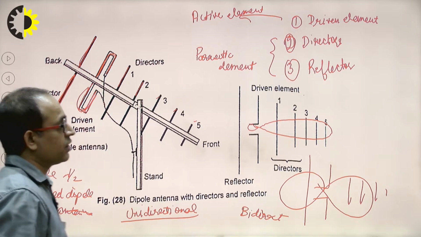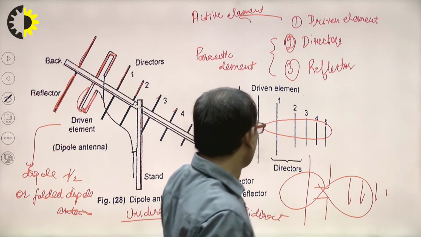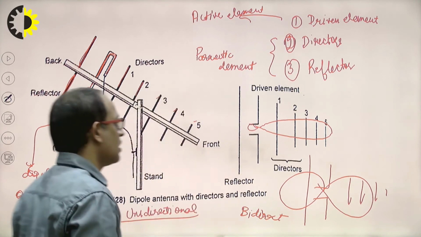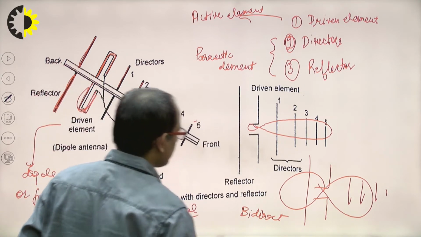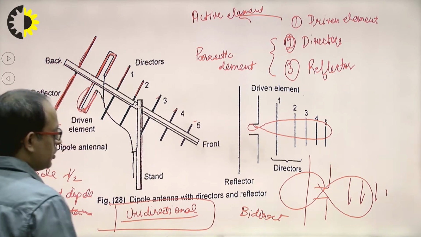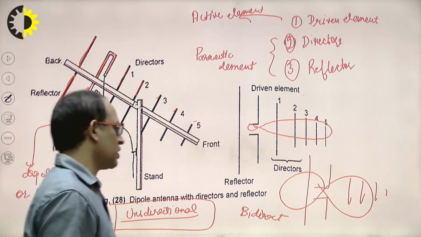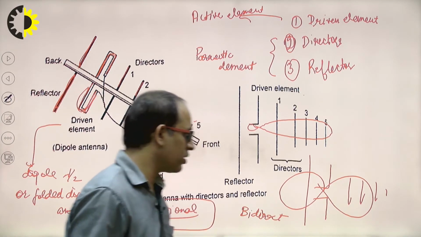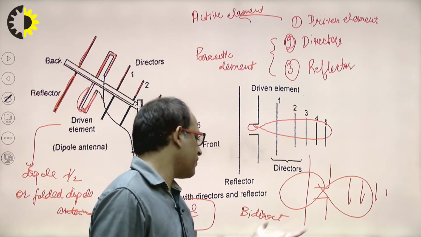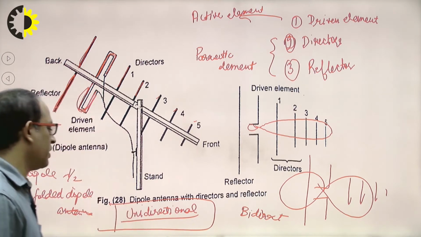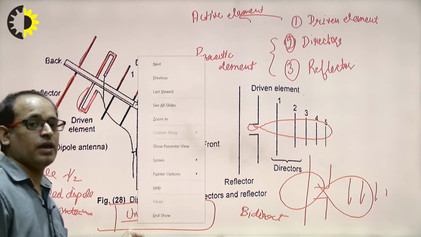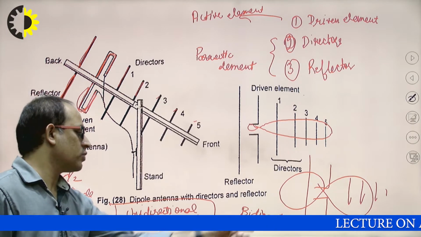Clear? With higher directivity, and practically a very small amount of back lobe. So this Yagi-Uda antenna is unidirectional. What is the difference between the Yagi-Uda antenna and the normal half wave dipole? The normal half wave dipole is a bidirectional antenna and the Yagi-Uda antenna is unidirectional, and it also has higher gain and higher directivity